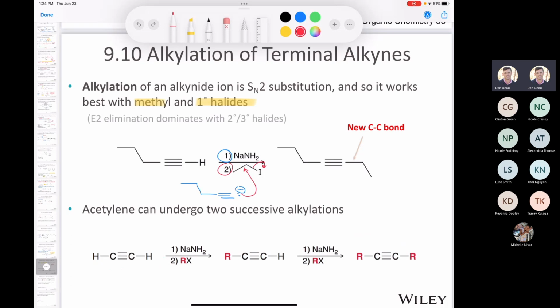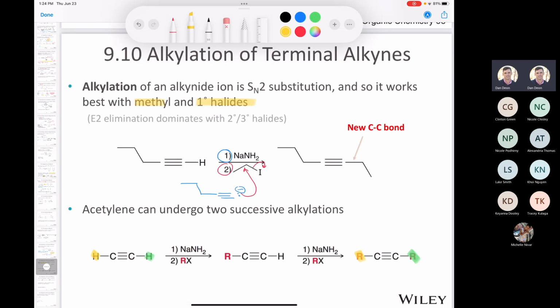If you have acetylene, like I said, acetylene can undergo a deprotonation. You can actually deprotonate it twice. Why? Because you've got 2 acidic protons in the molecule. So we do our initial deprotonation followed by an SN2. We add the first alkyl group. Then we still have a second proton that can be abstracted with sodium amide. We do a second SN2, and now you've added not 1, but 2 alkyl groups,